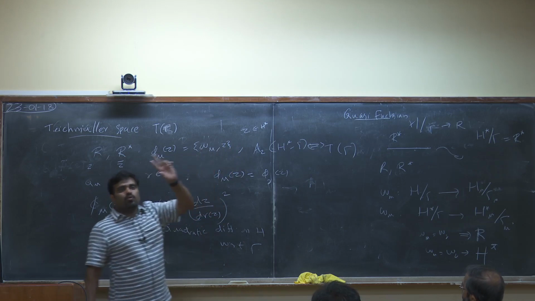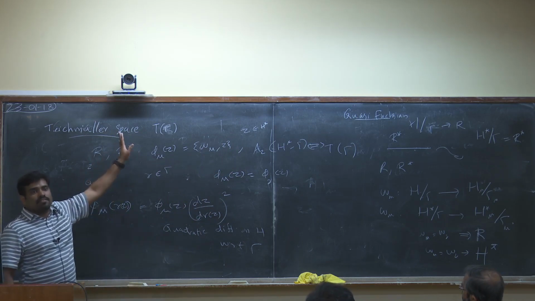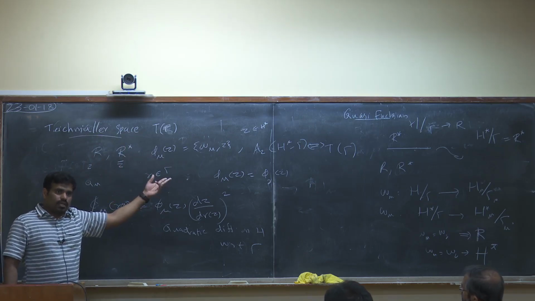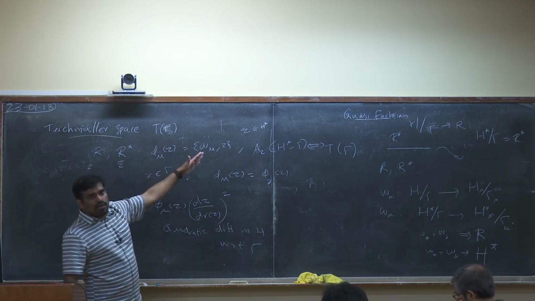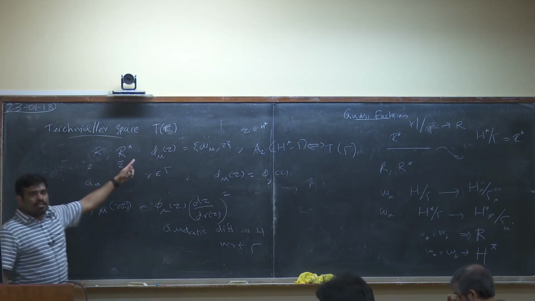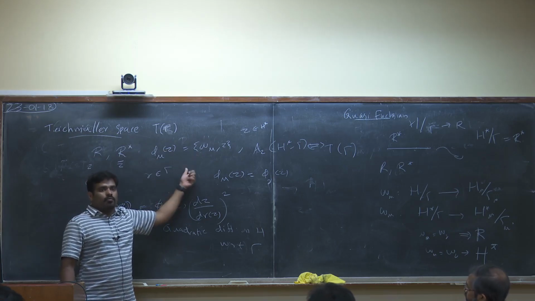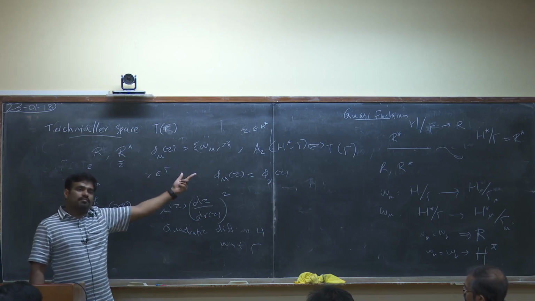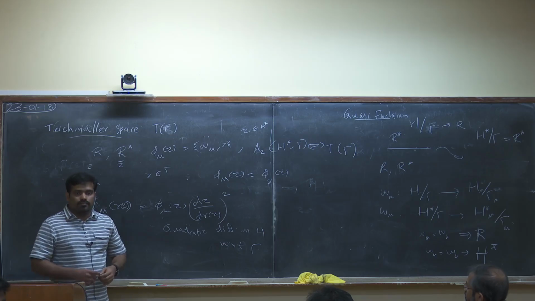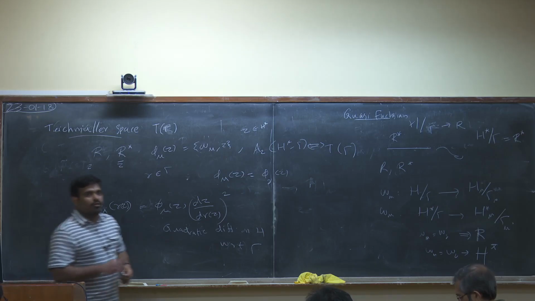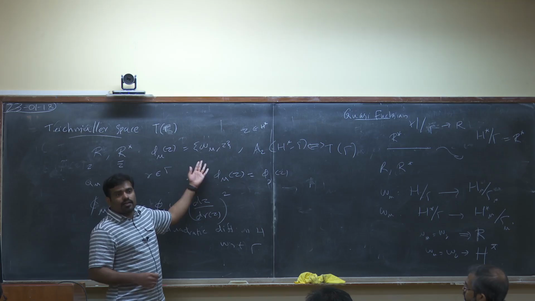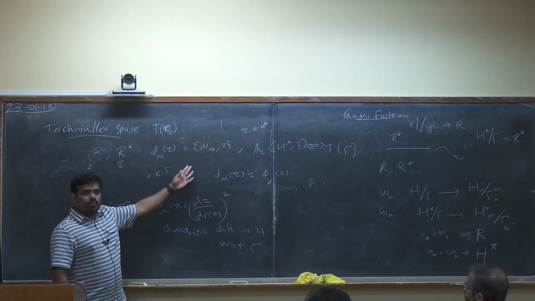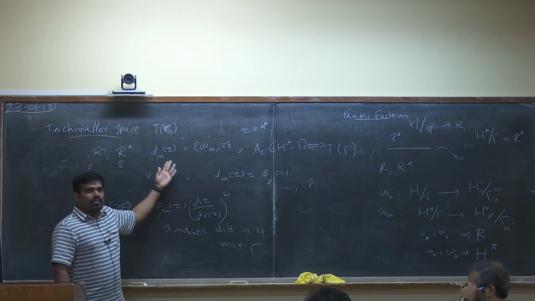Then let's consider two Beltrami differentials mu and nu, which are acting on the Riemann surface R. Okay. So now I want to know whether mu and nu give different phi mu and phi nu on R star, and if I get different phi mu and phi nu, then mu and nu provide me different complex structures. So that means I can identify the